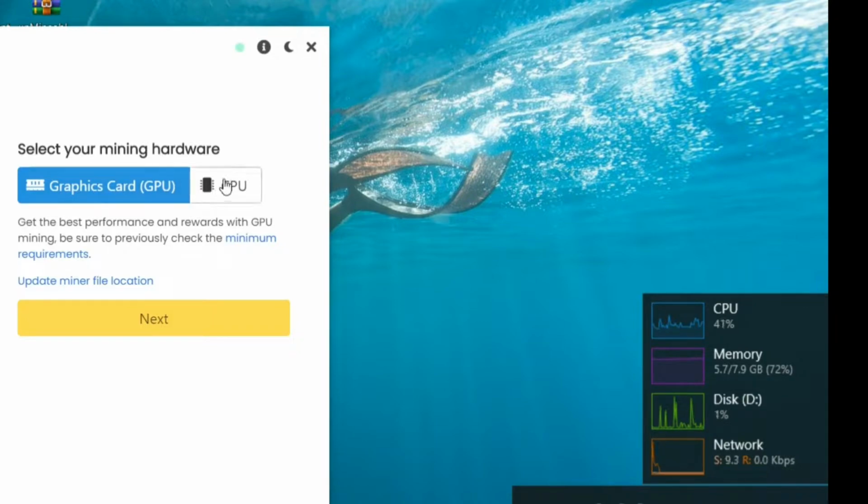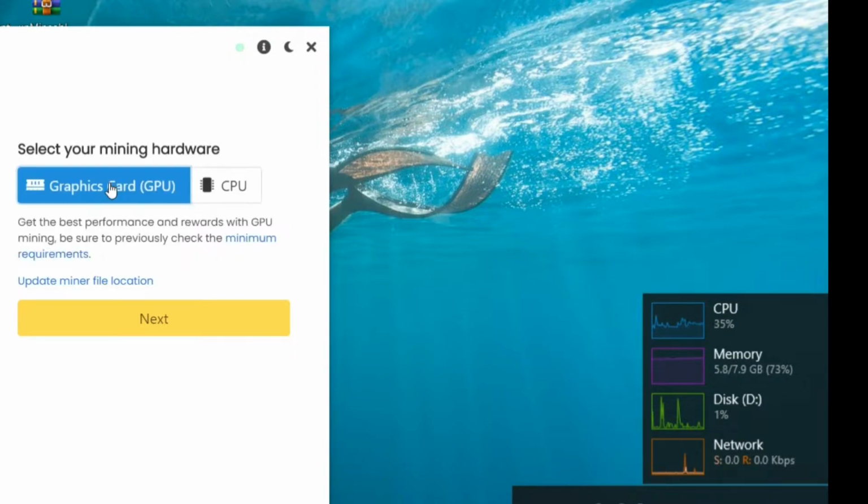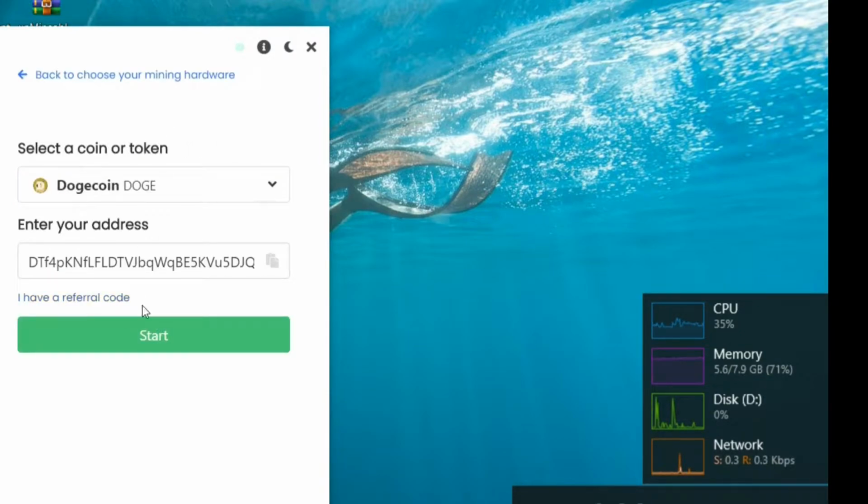Now here you need to select which hardware you have to use. If you have a better graphic card, then you can go with the graphic card, or else you can go with CPU also. But for getting more profit you can use GPU only. So now I will select GPU and click on next.